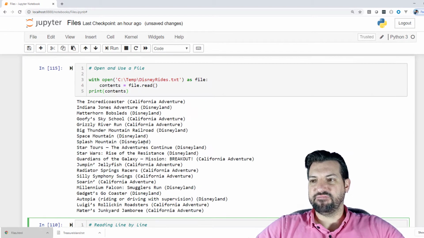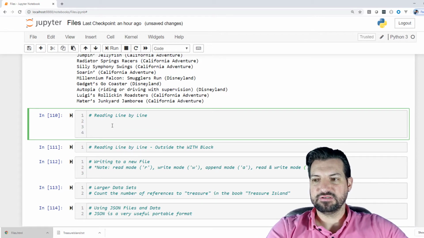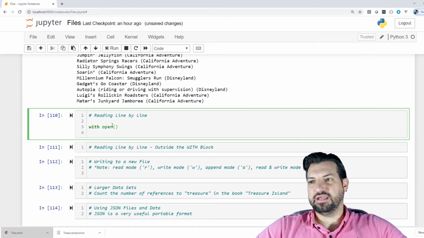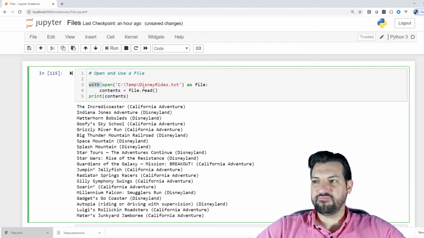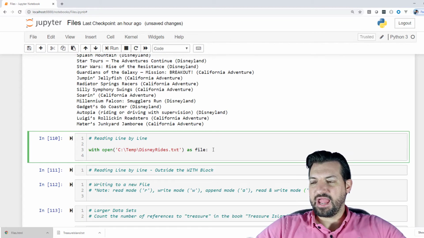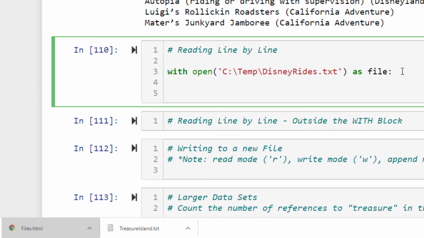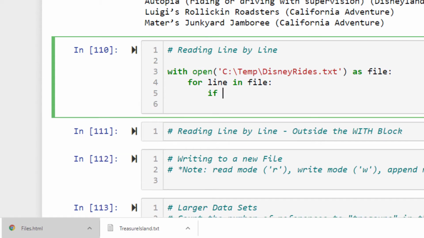Very similar to what we did up here, we are going to do with open again, and I'm just going to copy this first part. As file, and then what we can do is for line in file, so going through each line,